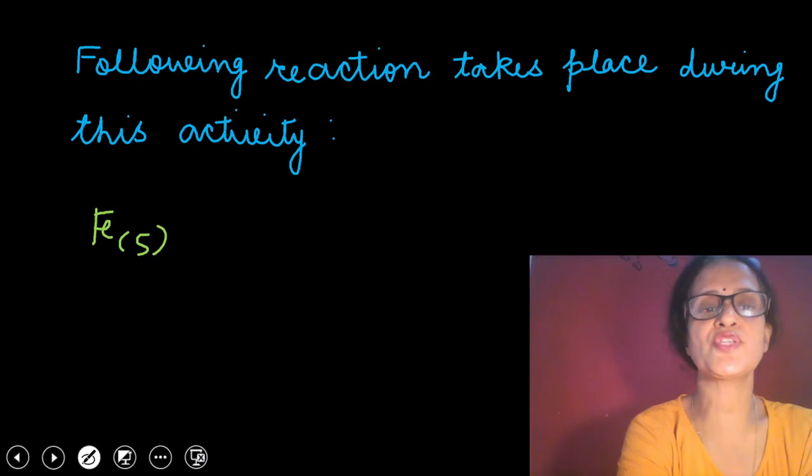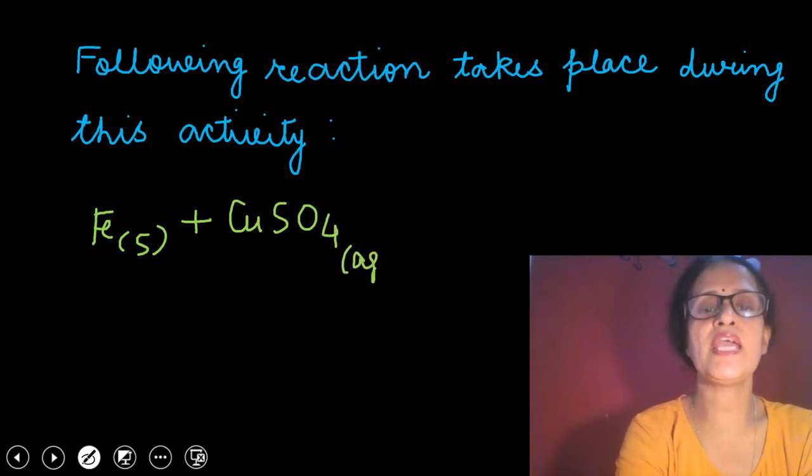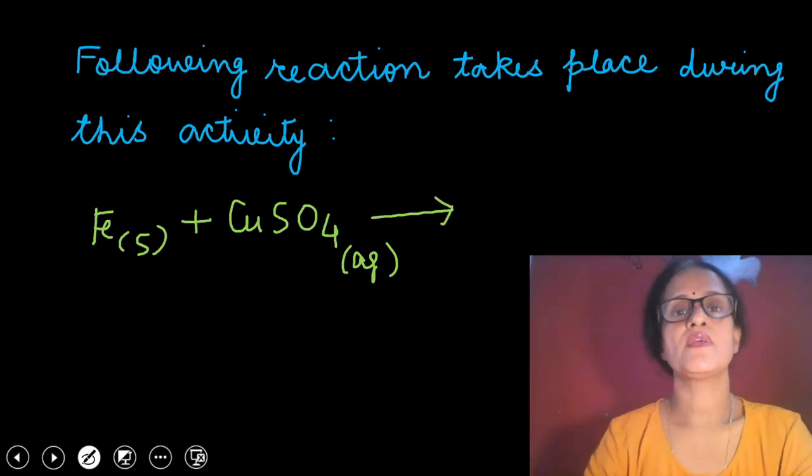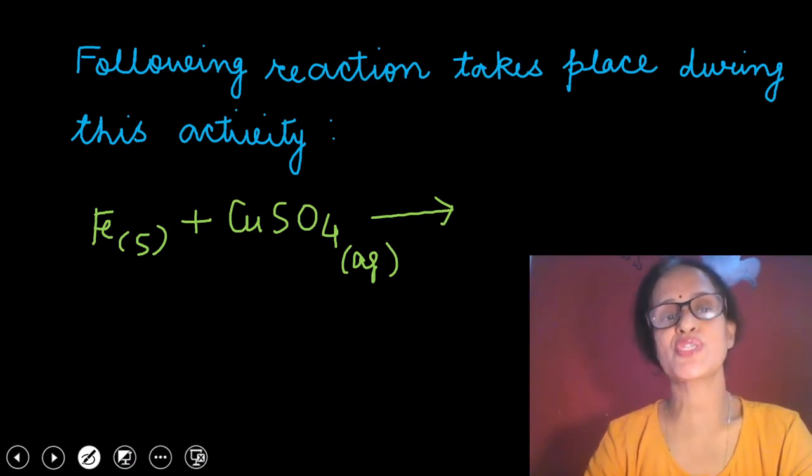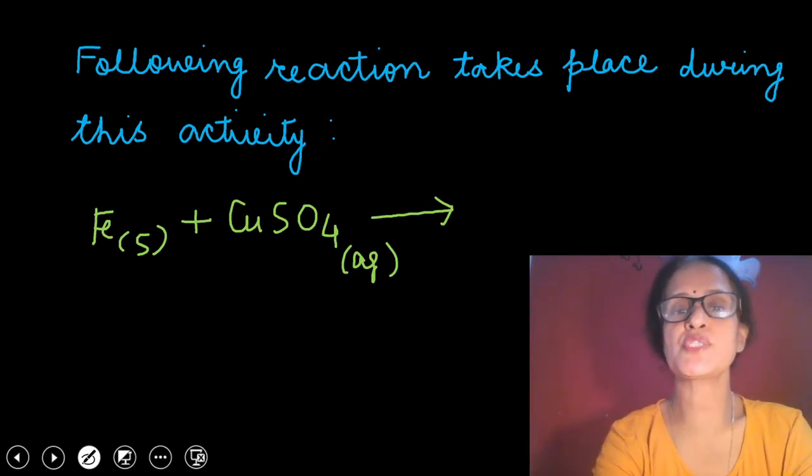S stands for the solid state. Plus copper sulfate, CuSO4(aq). aq represents that we have taken an aqueous solution of copper sulfate. Just now we have discussed that as iron is more reactive than copper, it will displace copper from its salt solution. So the products will be Cu(s)